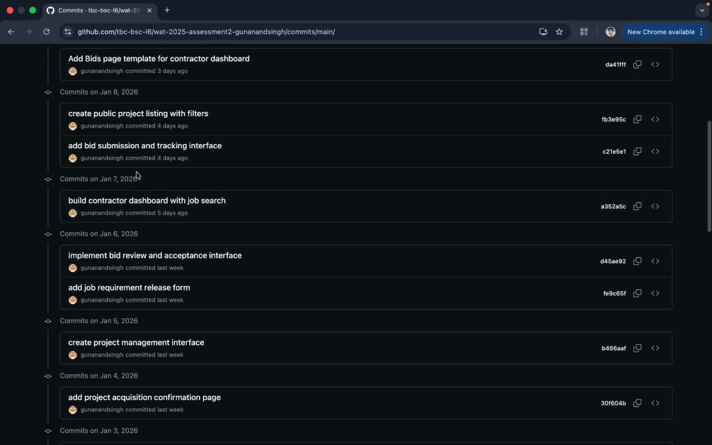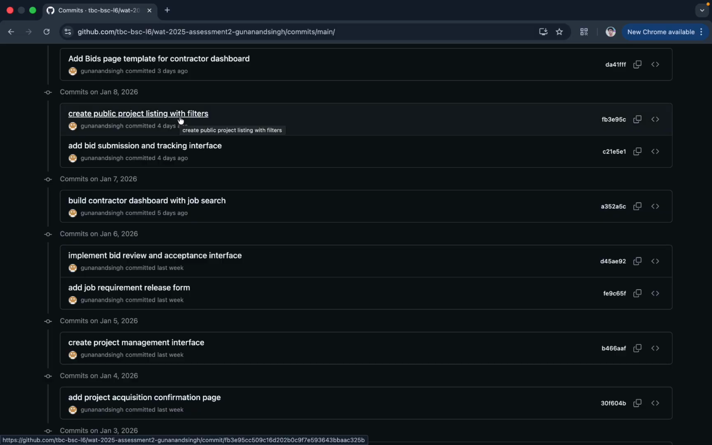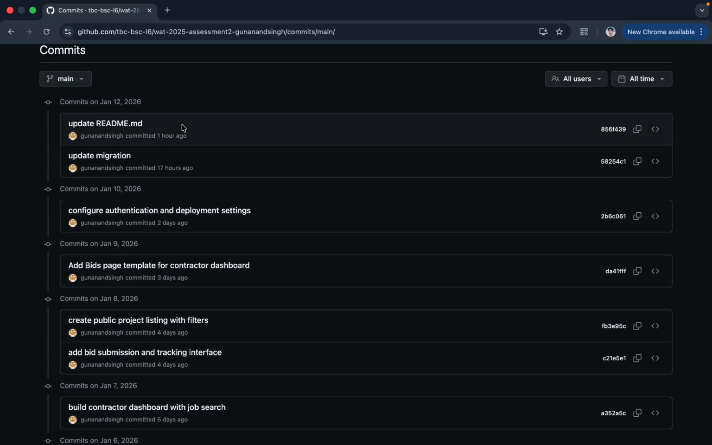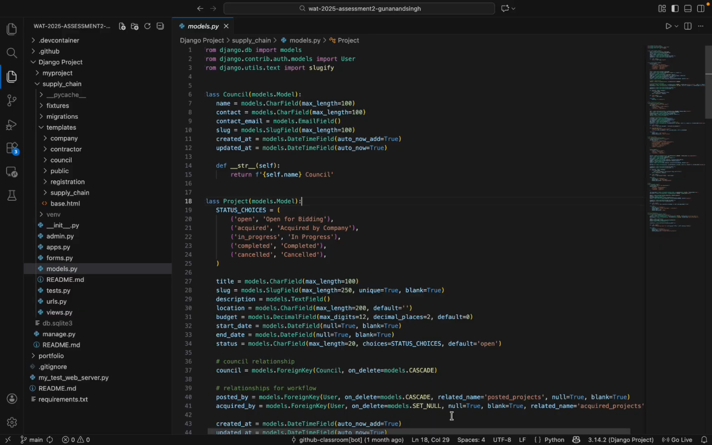And my later commits focused on additional features like sourcing filters, public project listing, and database refinements. Each commit message describes a clear and meaningful change. Now I'll explain the database structure. Now moving to VS Code,